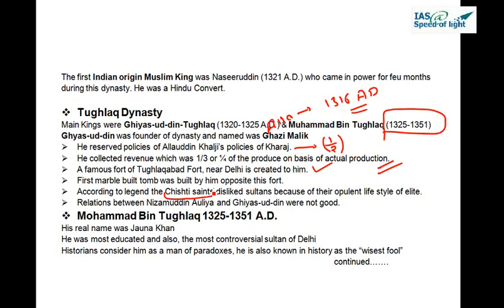So Ghiasuddin Tughlaq told him, no, you have to leave this place and you have to go somewhere else. Then Nizamuddin Aulia said one very famous dialogue, that is Dilli Abhi Dur Hai, and it is said that once Ghiasuddin Tughlaq was returning from his Deccan campaign back to the Tughlaqabad, and that time Muhammad bin Tughlaq